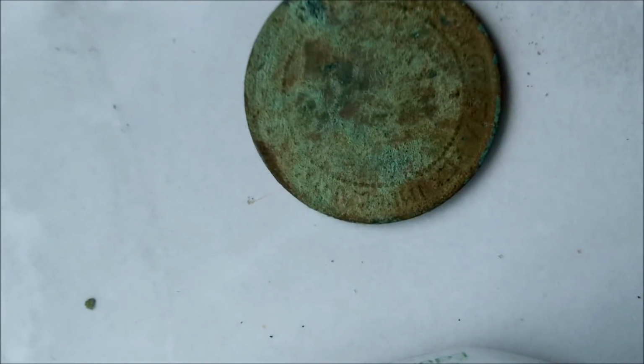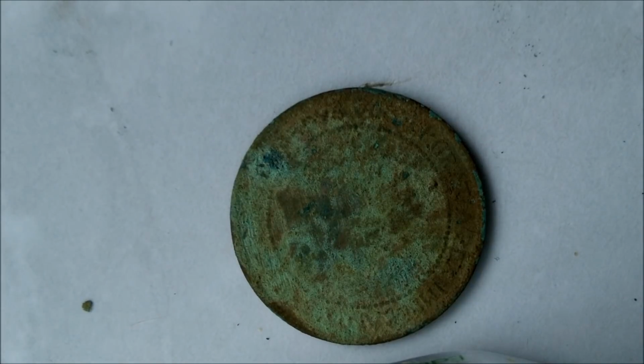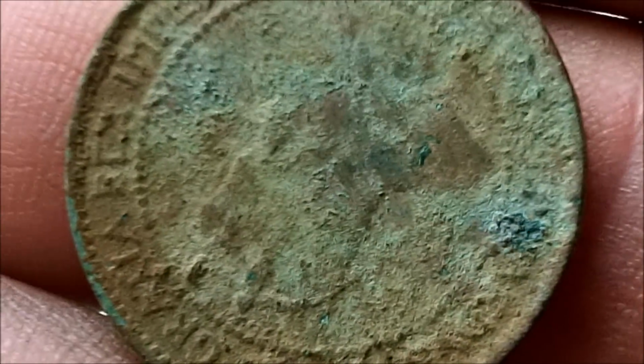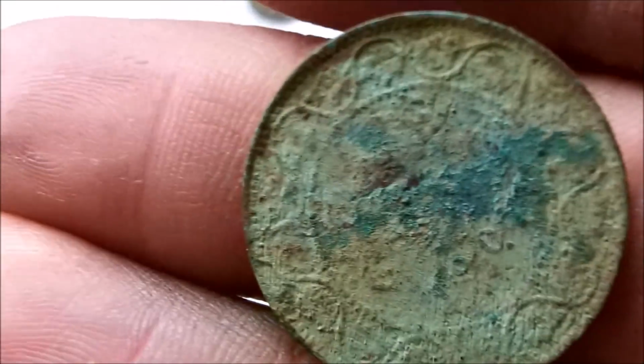So the first thing I do is, we'll set this down here. The first thing I like to say is you got to make sure that there's some detail on it. You know, if it's a total slicky, it's not going to work. Like, it's got to have something. So as you see this one, I'll zoom in a little bit. There's some detail there, crusty, but there's detail there. So to clean that,